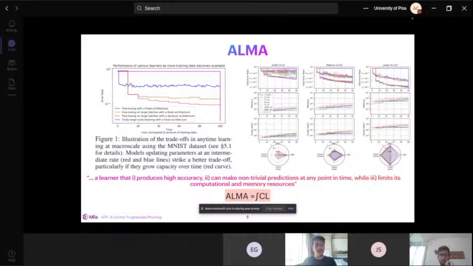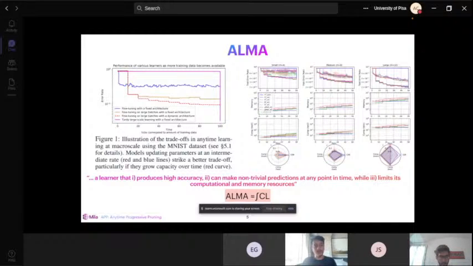So also one of the crucial hypotheses in the ALMA setting is that the time taken to train on a mega batch is very low as compared to the time taken to receive a consecutive mega batch. So unlike in online learning where you usually see the sample once, here you can iterate over a mega batch multiple times. So you can do a standard training over a mega batch for like n epochs. So you can imagine each mega batch is basically an independent data set of sorts, and you're training with a standard training procedure on it, and then you get your next data set and you're training on it continually.